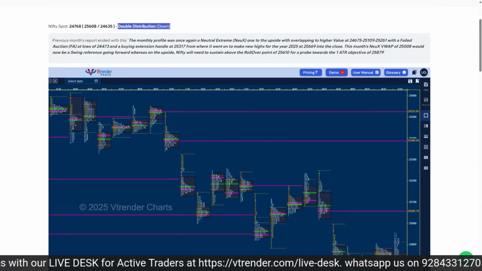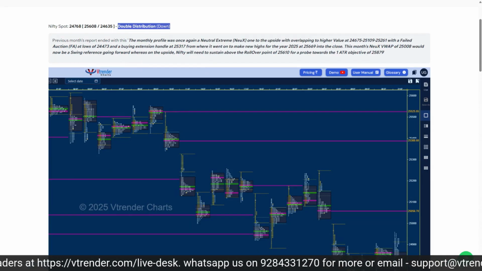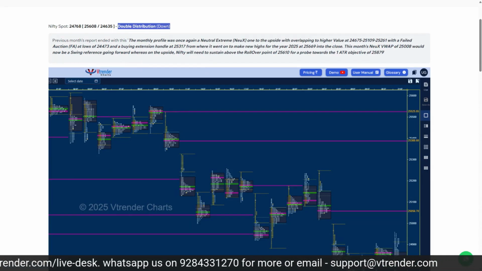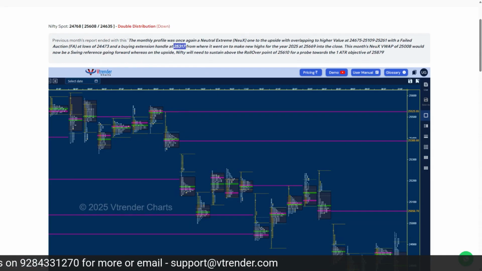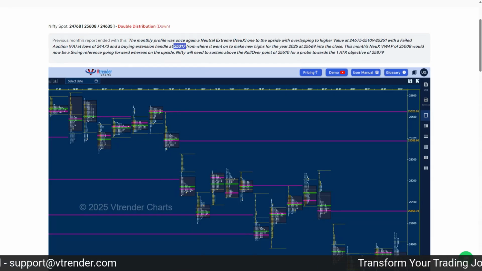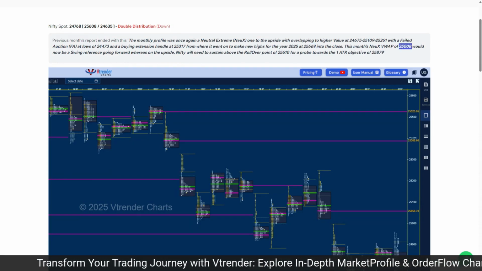The last month's monthly profile was a neutral extreme to the upside with overlapping to higher value, with a failed auction at lows 24473 and a buying extension handle at 25317. From there it went to make new highs for the year at 25669, which I just showed on the monthly chart. So this month's neutral extreme VWAP of 25008